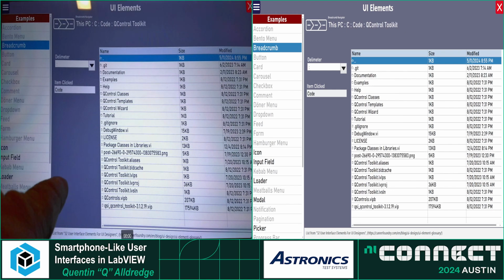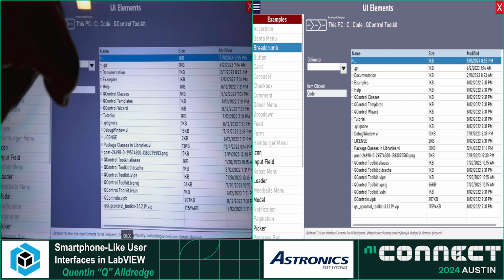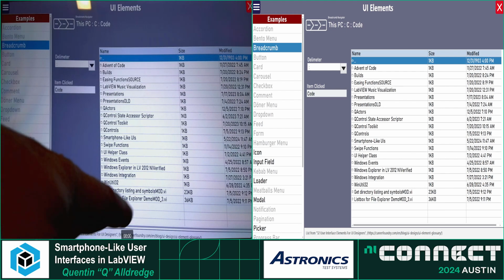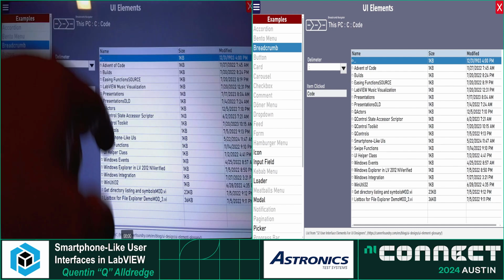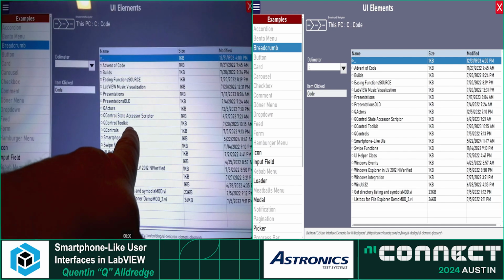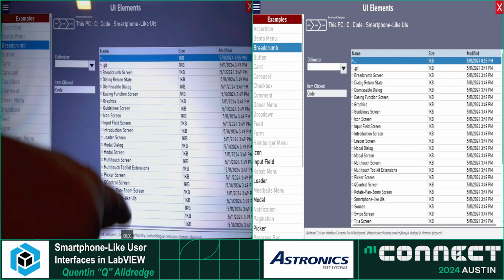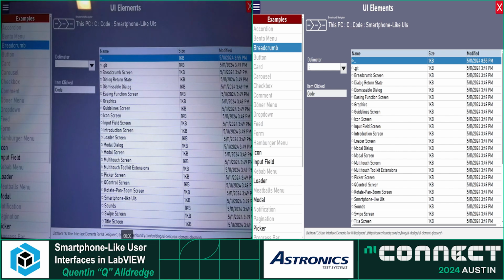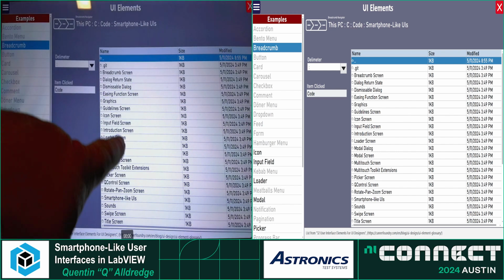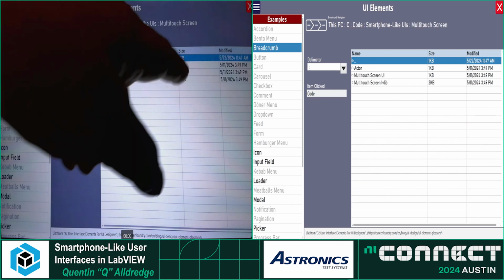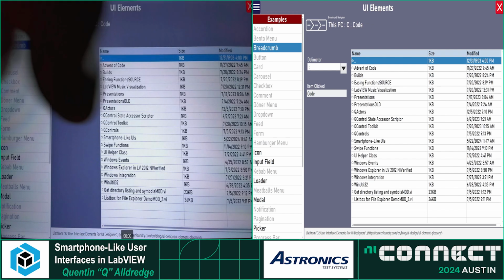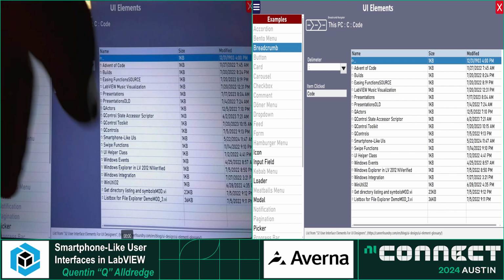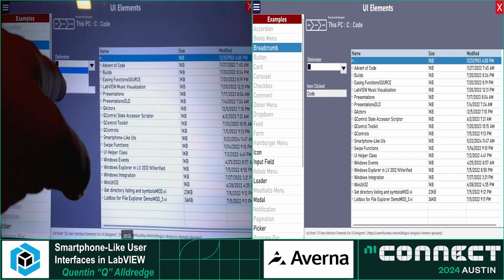Here's my code for the QControl Toolkit. Go back up. Here's the smartphone-like UIs. Oop, I got the swiping function instead. So I almost made this list a little too small for my finger, but anyway, just to show you that it builds up the breadcrumb trail and then allows me to click back and say, okay, I want to go to there. I also made it smart where you can say,